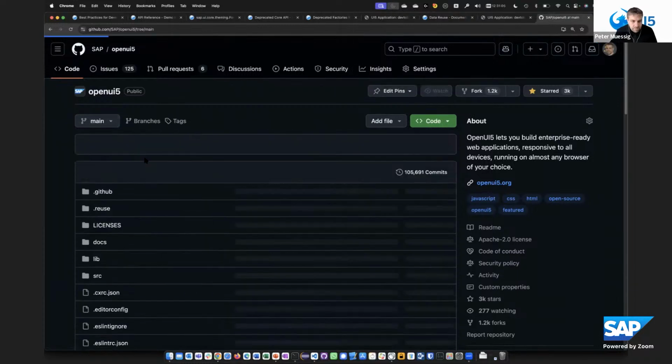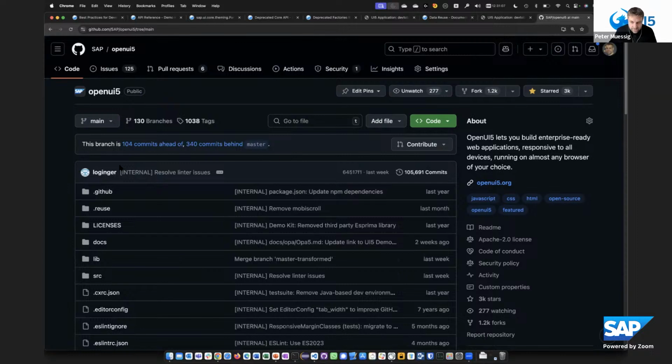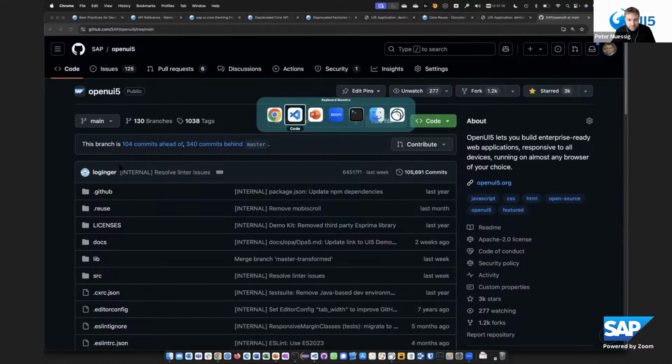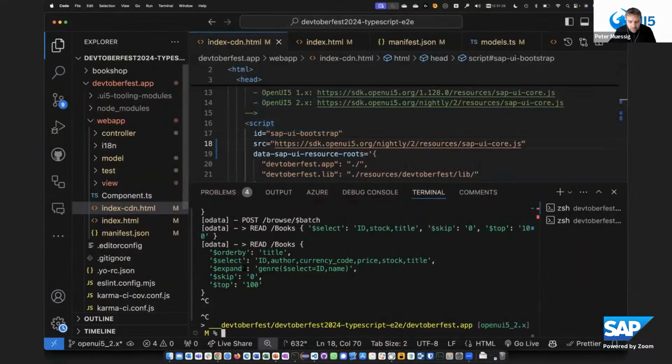Here we have the main branch, and this is in 2.x, the code base, which contains already the removed or cleaned up OpenUI5 code. So it has removed all deprecated APIs and stuff like that. And this is the same thing like what we build nightly and then deploy on the SDK OpenUI5 org nightly 2 version. So if you want to consume that,